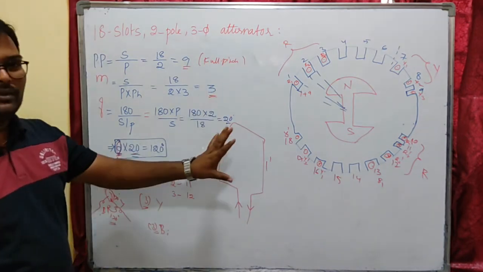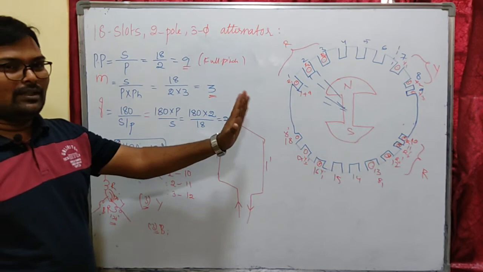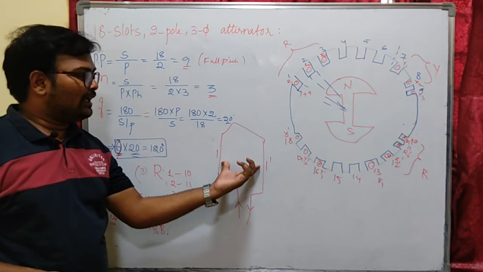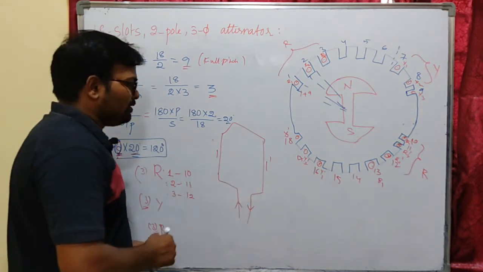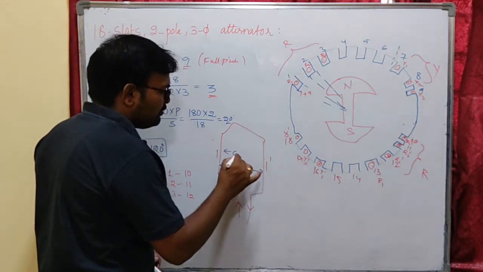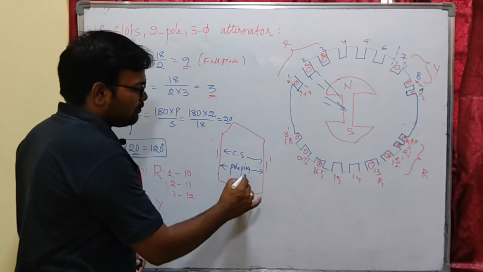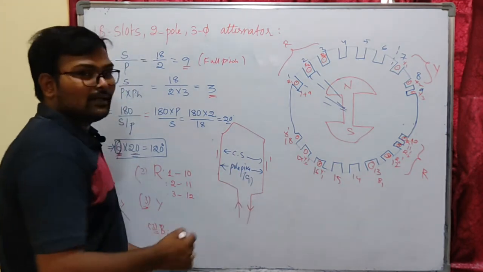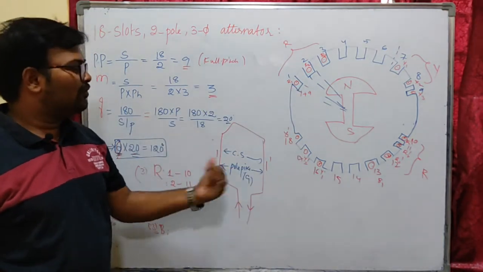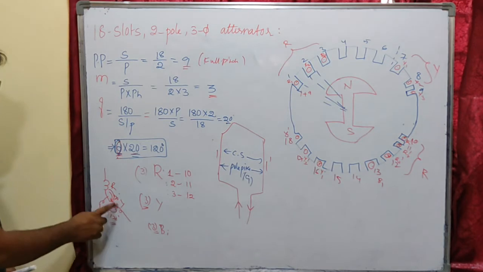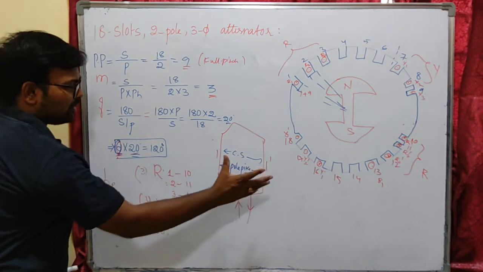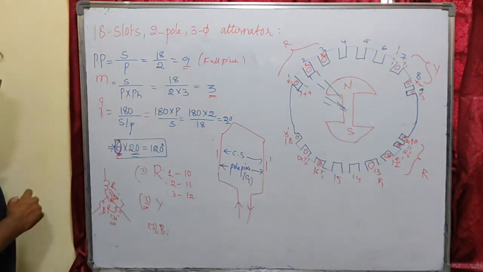Okay. So there are 2 things to understand. For a full pitch winding, you are going to keep the 2 coil sides of 1 coil away. That means the distance between the 2 coil sides, the coil span, should be equal to the pole pitch for full pitch. So what is the pole pitch here? It is 9 in this example. So if you place one coil side in one slot, you have to keep the other coil side after 9 slots. That is about full pitch winding. And this is about the space displacement of the 3 windings, the placement of the R, Y, B windings. Please remember that.